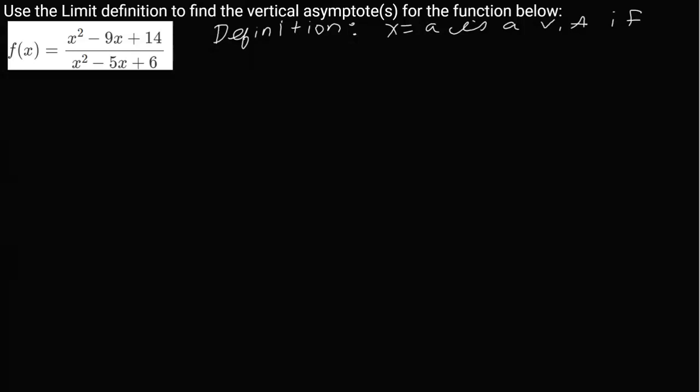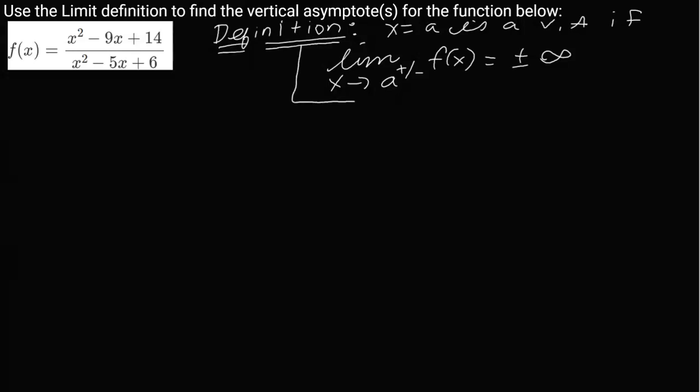If the limit as x goes to a from the left or from the right of f of x is going to be either negative infinity or positive infinity. So you have to consider all of the cases when these things happen. Okay, and you only need one of these cases to occur for x equal to a to be a vertical